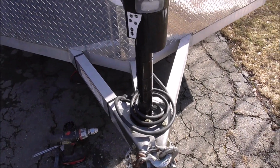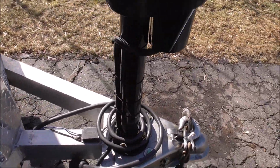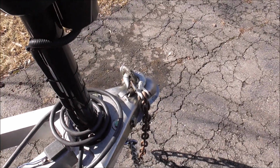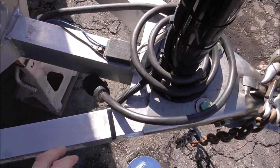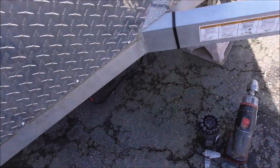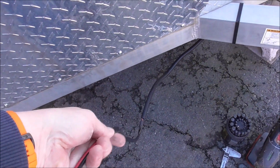We're done out here as far as the installation goes. This is super clean. Nice, all concealed on the back side, so you don't have to worry about it getting slammed up. And then I've got it wire tied over to the frame along here. Now we just got to take the end of our wire and get that up through the floor into our